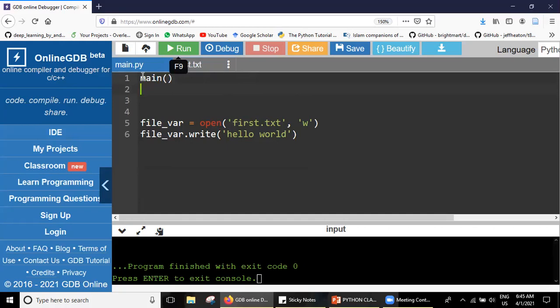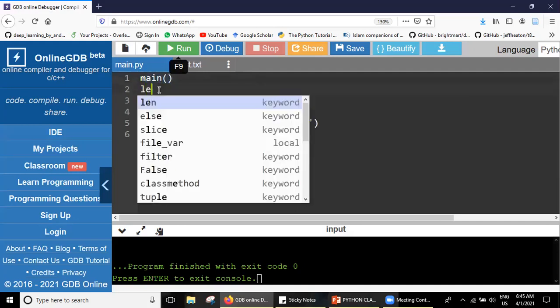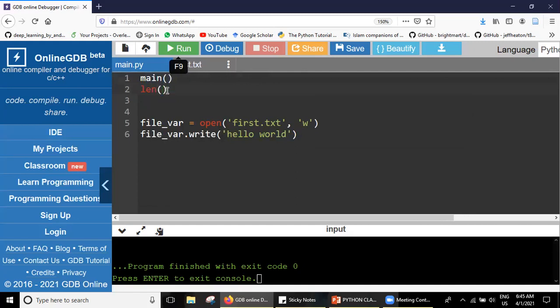Here the keyword main is also predefined, but it will not follow any syntax. There is only a name that we have to use, like we use other functions in Python. For example, length. Length is also a predefined function, right?